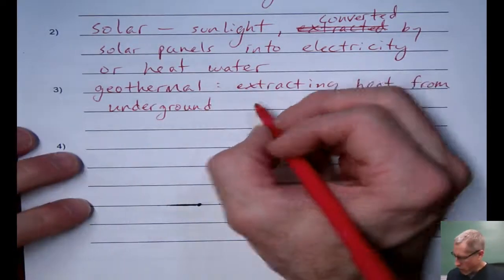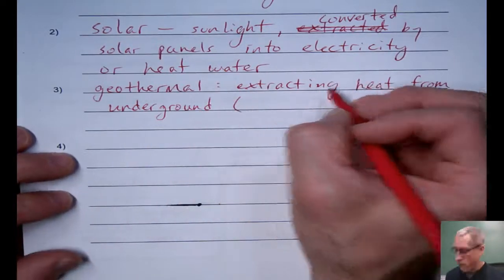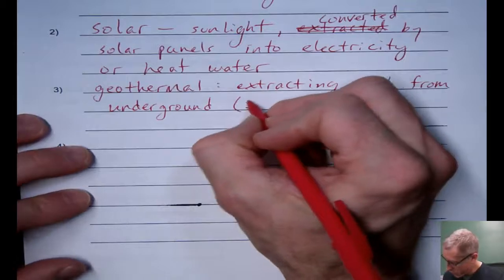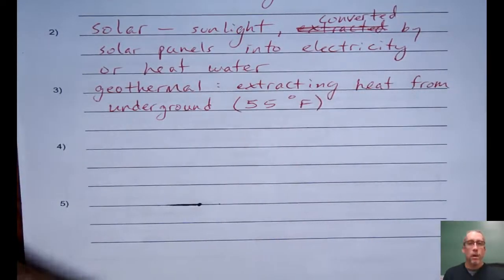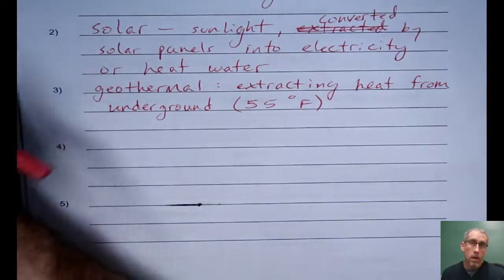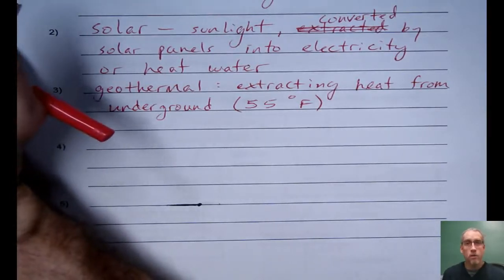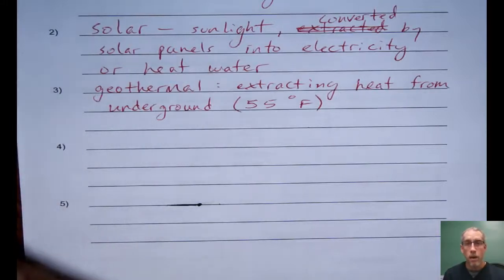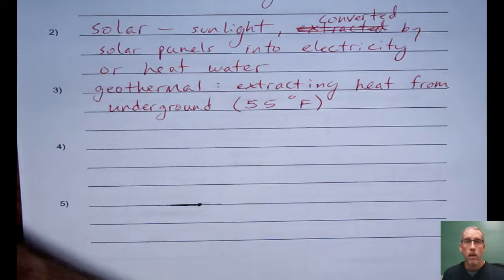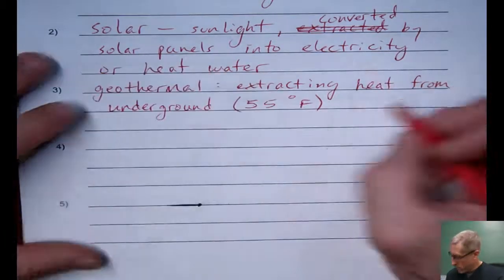You might be surprised to know this, but you don't have to go too far under the ground to find that everything under there is roughly 55 degrees Fahrenheit, which around here is warm for the winter months. So if we can extract some of that energy from down there, and it's warmer than what it is up here on the surface, then we could maybe perhaps, well,